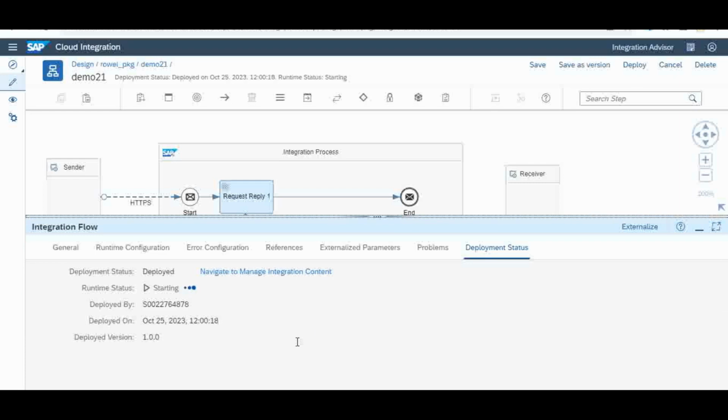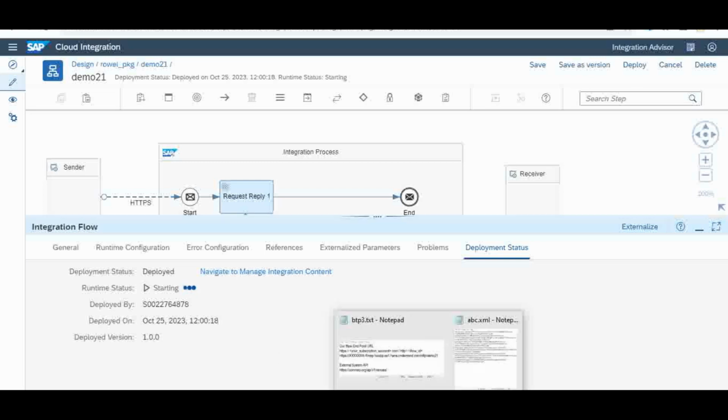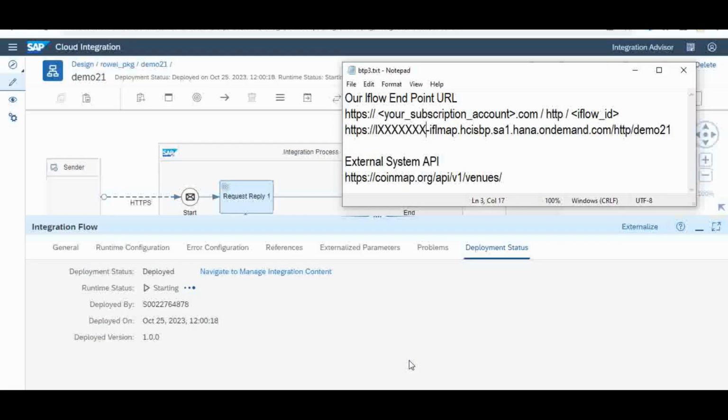So it is showing me that right now the deployment is done and the runtime status is starting now. That service is being started. Let us wait for 1 to 2 minutes. Meantime, we will see what my external API is. This is my external API which I am going to call, which I configured in this place, request reply process,